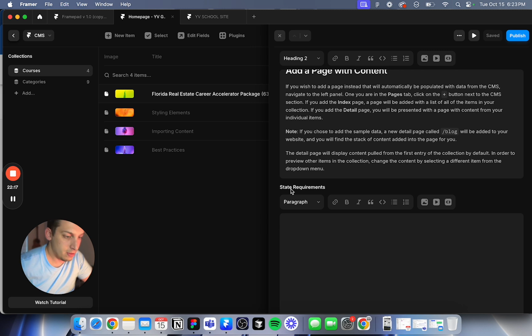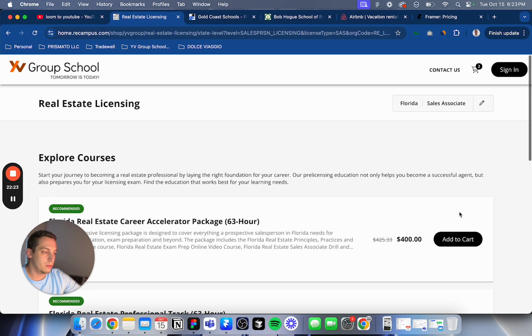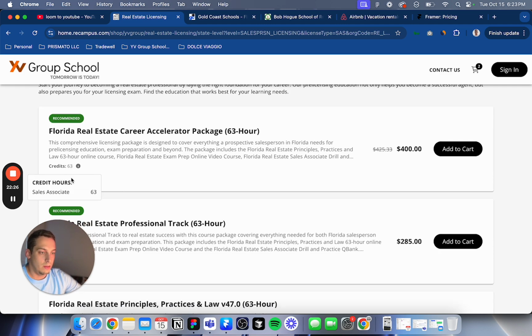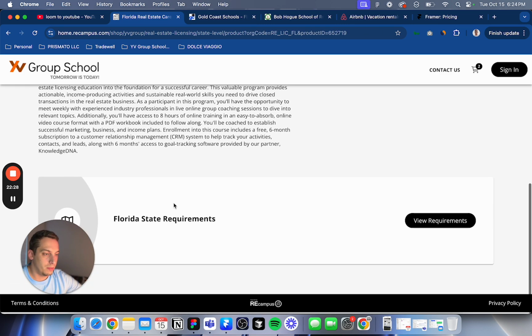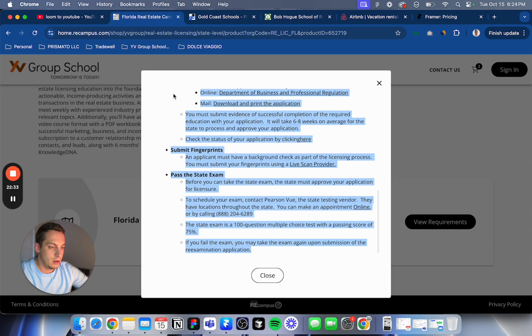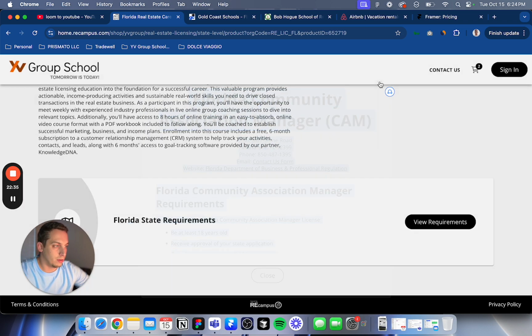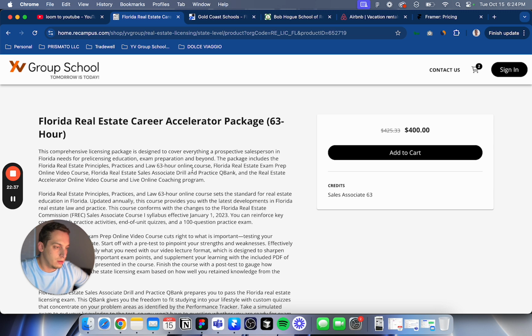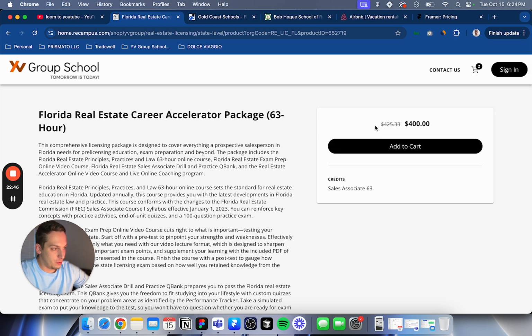I added a different text field here for state requirements. State requirements is, if you go to one of these, view details, and scroll down here, you view these requirements. All of these have to be shown for the course. They're basically like a certificate showing from the state of Florida which school this is from. And I also created a $400